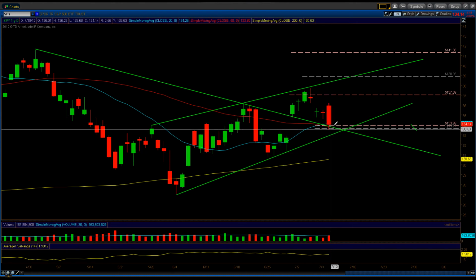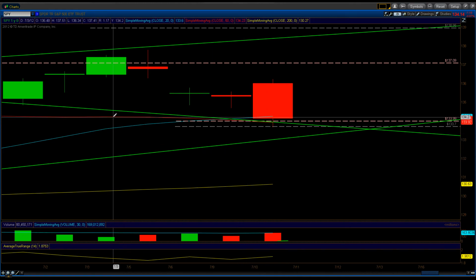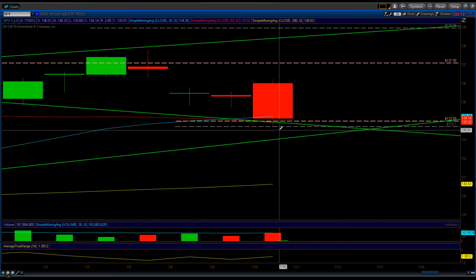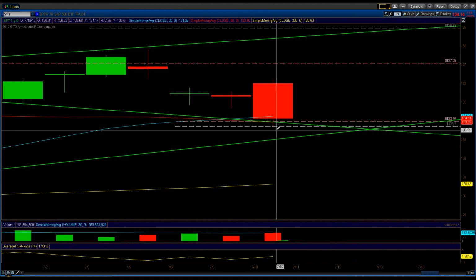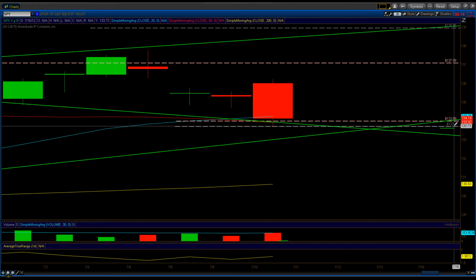This is showing me a lot of weakness. If you can, let me just zoom in here. I wonder if you can see this red line here is the actual 50 moving average, and what they were able to do was save it and close the candle above the 50 moving average. Had the candle closed below the 50 moving average and/or below this 133.70 level, I would have said that